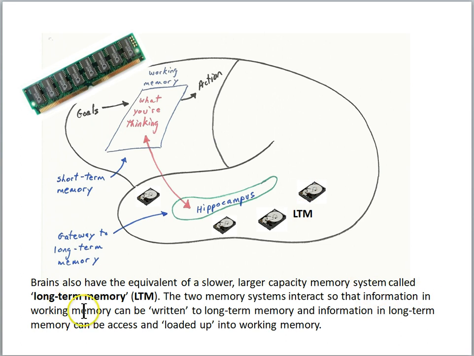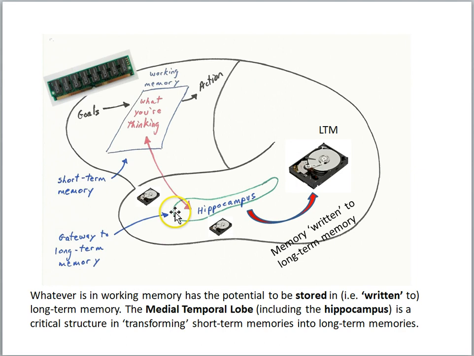so that information in working memory can be written to the long-term memory, and information in long-term memory can be accessed and loaded up into working memory. So let's take the first of those processes. The idea here is whatever's in working memory has the potential to be stored or written to the long-term memory system. And again, we're down here in the temporal cortex, and there's a really critical